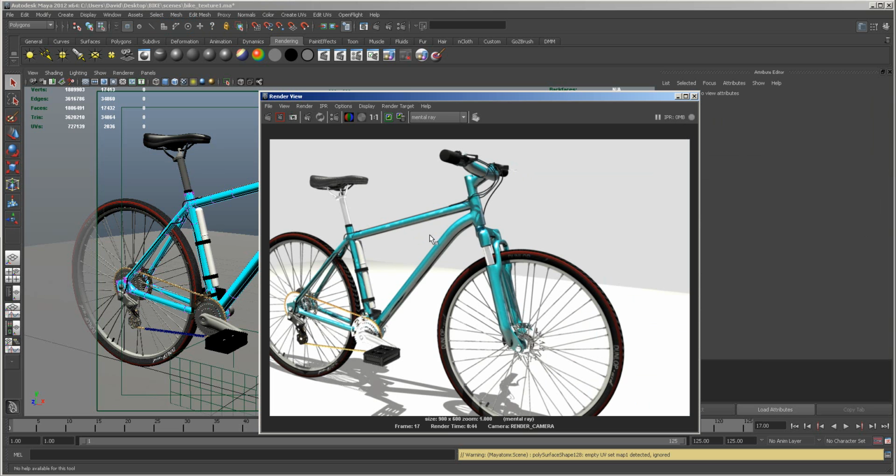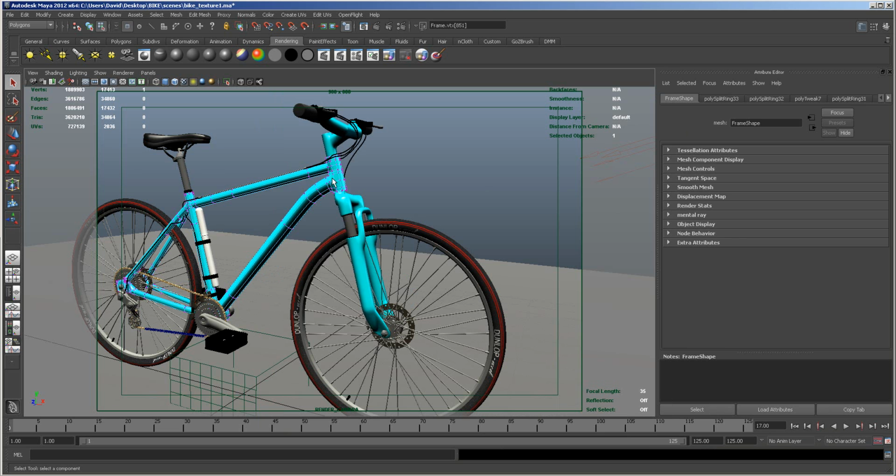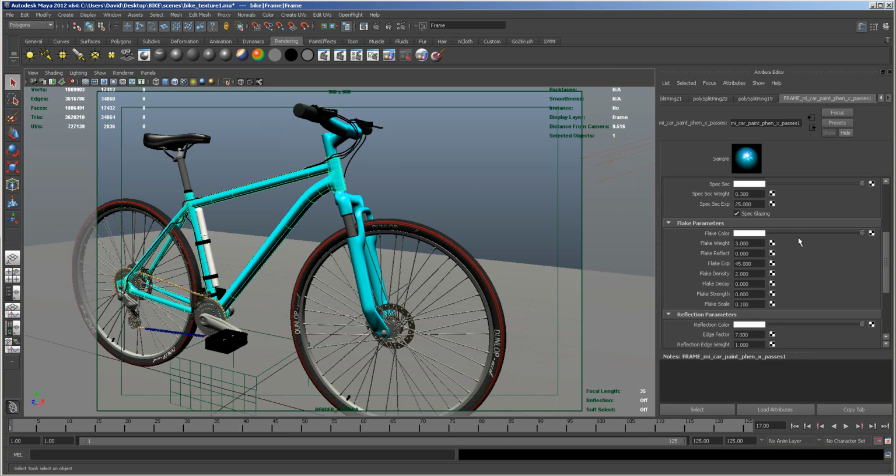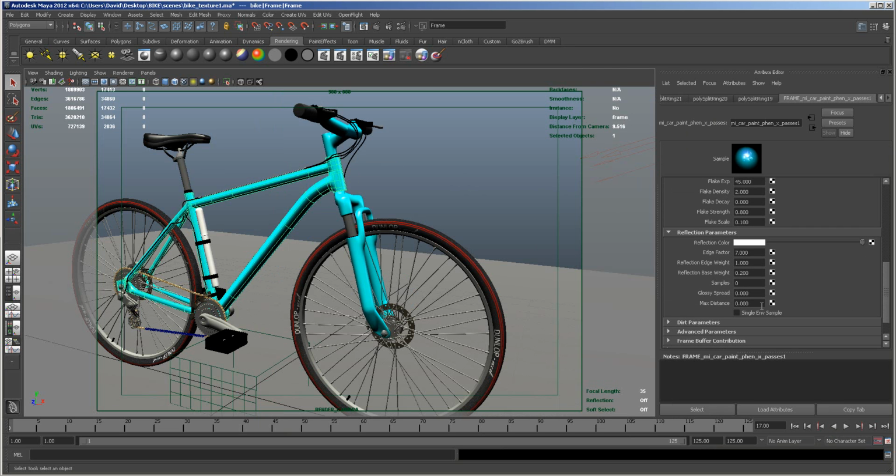And this is what we've got now. So I don't know if you can see, but you can see these little variations. This is the flake. Obviously it's massive, should be really small, and it's to do with the size of the model basically. So if we reduce the size of the flake scales down, then it should be something a little bit better. So if I come down to my flake scale and put this on 0.1,